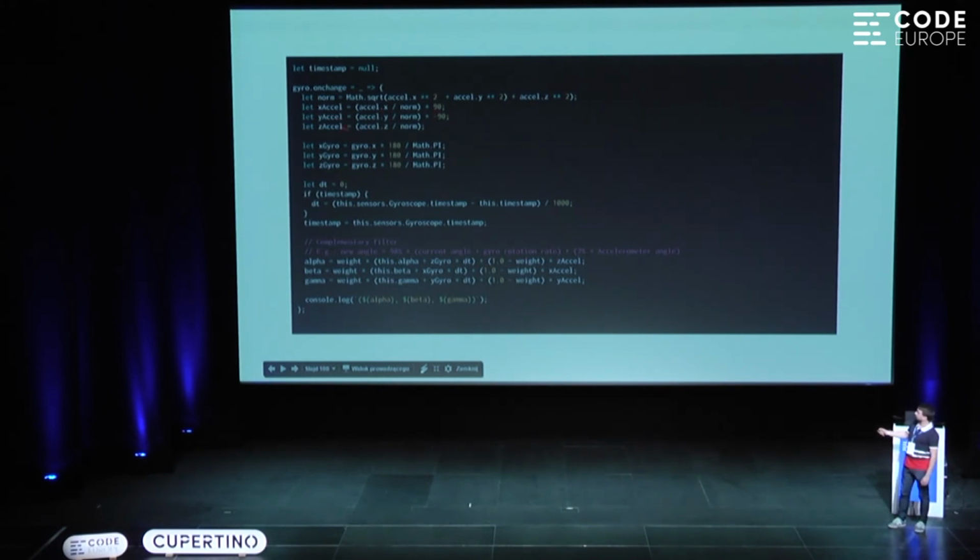I'm getting the accelerometer values, I'm normalizing, I'm getting the gyro values, I'm getting the time difference, and then I just take a mixture of the two with the weight. My weight here is probably something like 0.89, so I use most of the gyro because I trust it. I just take the difference because it's only sensing angle difference, so I multiply that by time. And then I multiply the rest using the values from the accelerometer. And it seems to work pretty well. But as you can see, it's really, really easy doing these things.